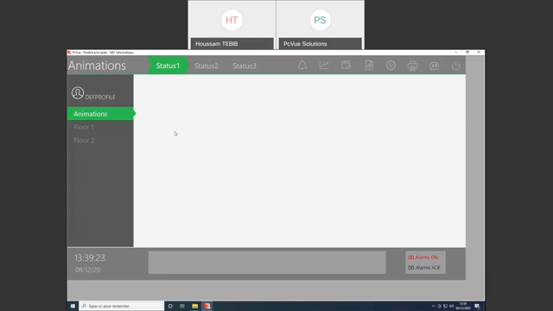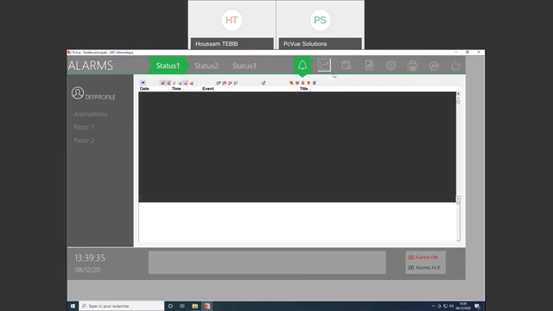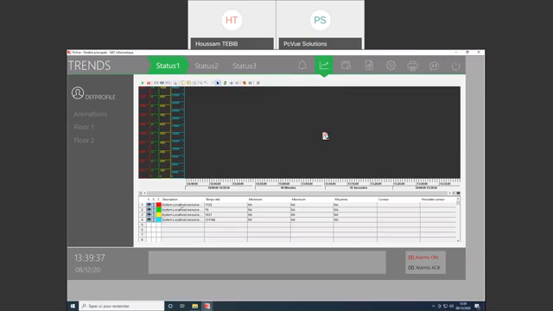So now you can see the project. Here we have the 3D mimic I created before. You can see the project is ready to use. Here we have an alarm viewer with counter alarms, and a trend viewer with some system variables,